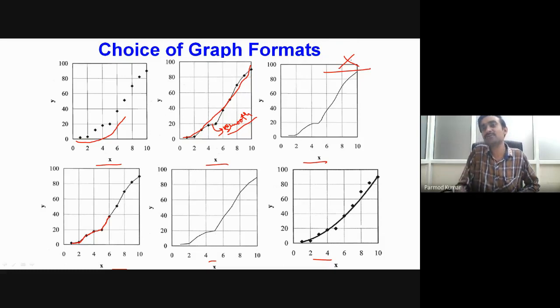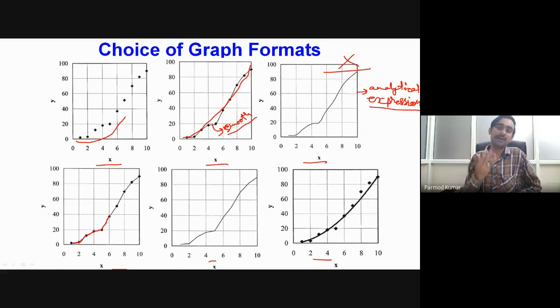Okay, so this type of curve is normally used when we have continuous data. Continuous data means we are solving some analytical expression. In this analytical expression, we can give all very small values of x, and we can get an almost continuous type of plot. So that is why this third type of plot is mainly used when we represent the data set, or the trend of the phenomenon, from an analytical expression.